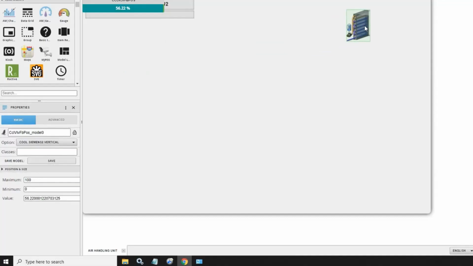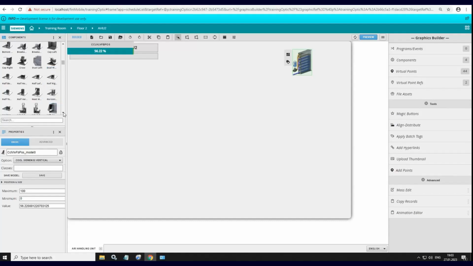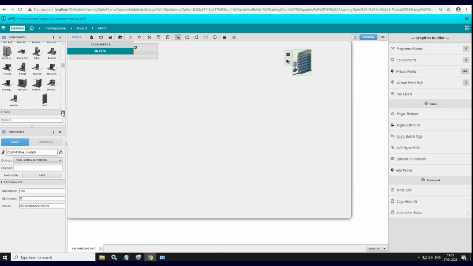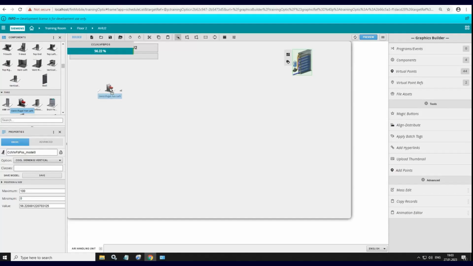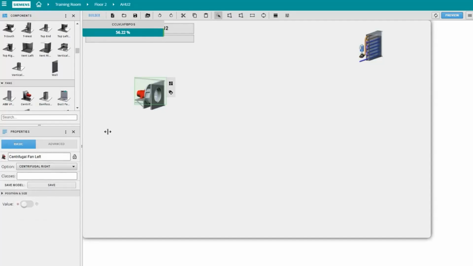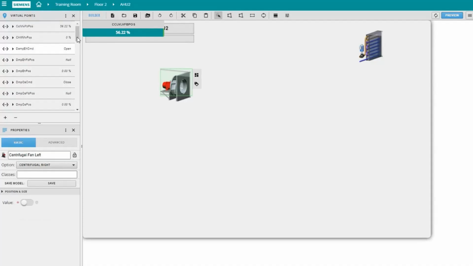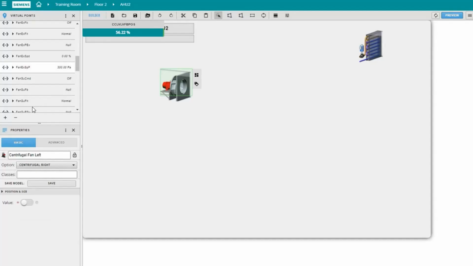That's what's brought in. If you have to bring in other components, for instance, we have a fan. Let's find a fan on here. Components fall into compartments in alphabetical order. You can drag the fan out, and you can turn the fan to the right here. If you need to populate that point, you come to your virtual points, and you're going to find fan SU CMD and it's going to be off. If we have one that's on,